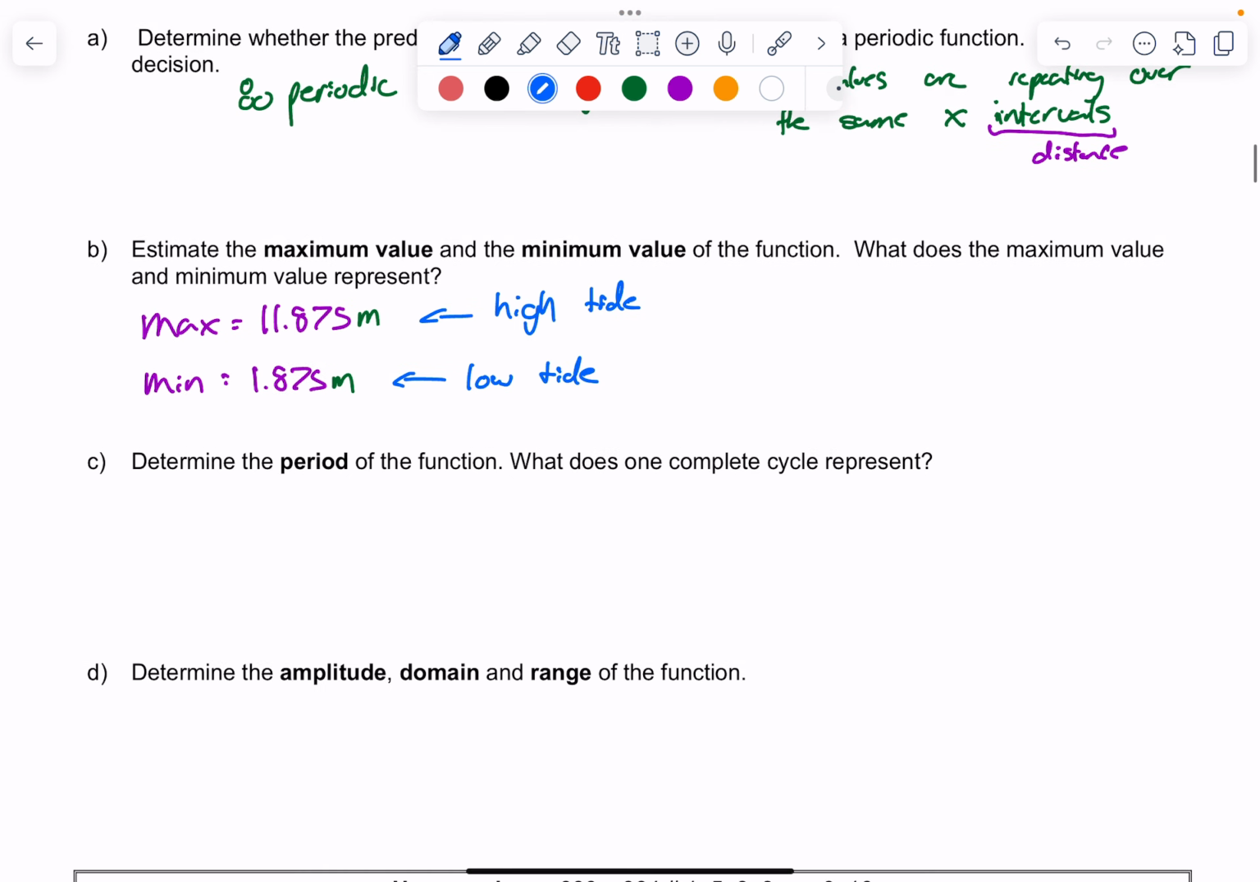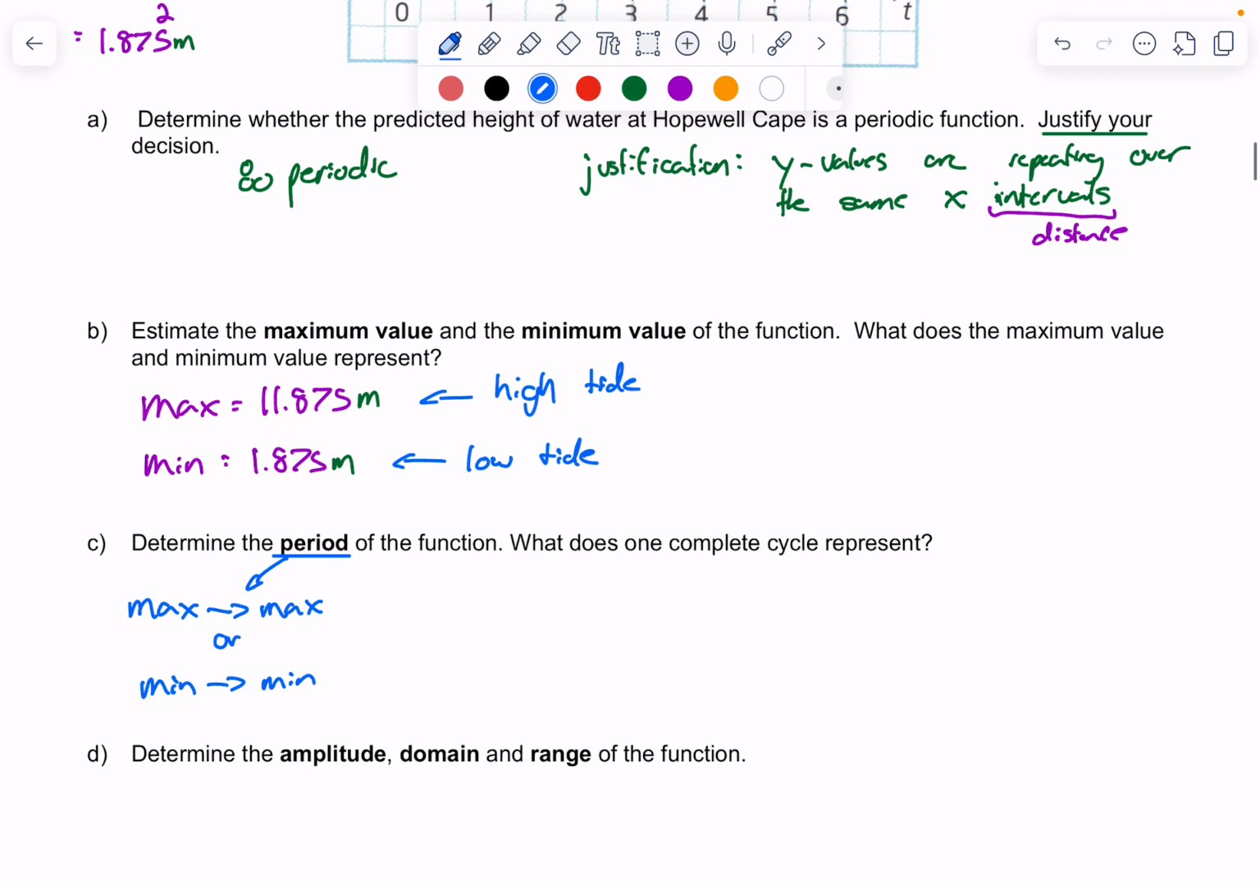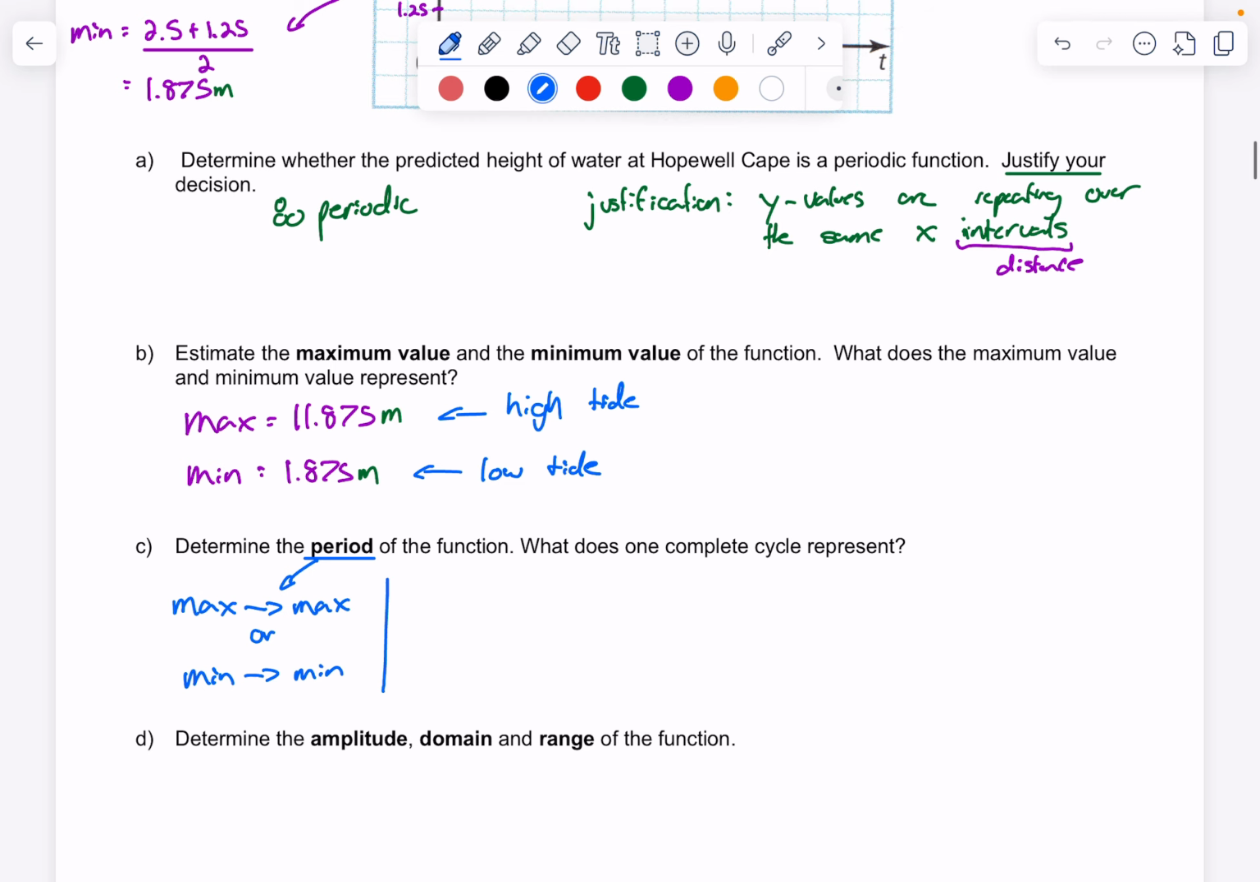Determine the period of the function. What does one cycle represent? So remember period, okay? The easiest way to do this is to find the distance from max to max, or min to min. These are just the easiest points to find. So the period, if we look at our graph up here,